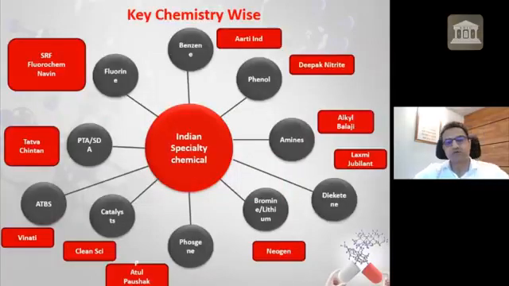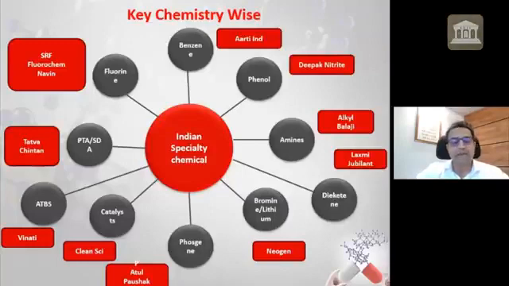Now, this is what is most important from my point of view. I don't look at the chemical industry from an application point of view. I look at it from a chemistry point of view. I typically divide the chemical industry according to the molecule or the chemistry that the company works in. There are different chemistries like benzene chemistry, fluorination, phosgenation, bromine and lithium. Then there are certain molecules like phenol or amines or diketene or ATBS. So I'll typically try to focus on the companies which are specialized in certain chemistry or certain molecules.